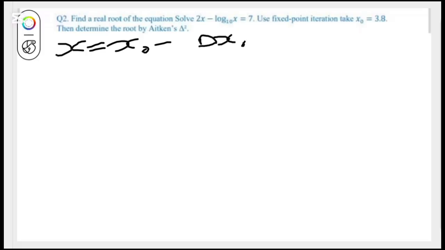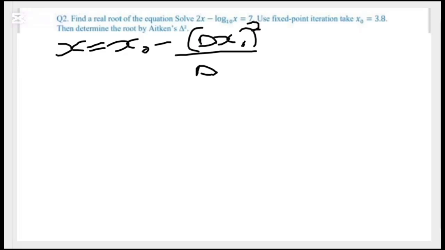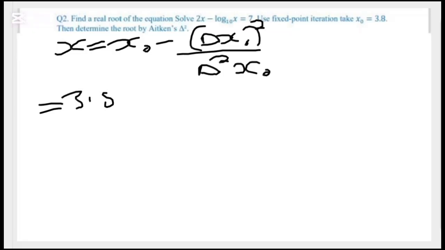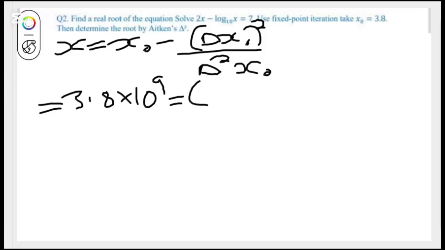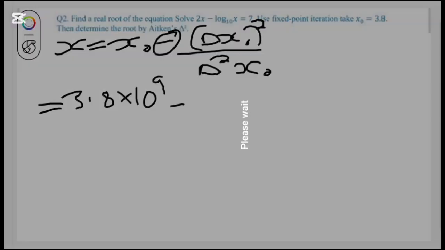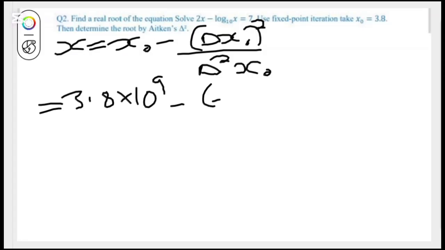Minus dx naught squared divided by d square x naught. So this will now be our x naught, as you all know, 3.8 times 10 to the power of 9. Okay, I have to say it is subtraction according to the formula, minus the value of this dx naught, because this is dx naught, it is minus